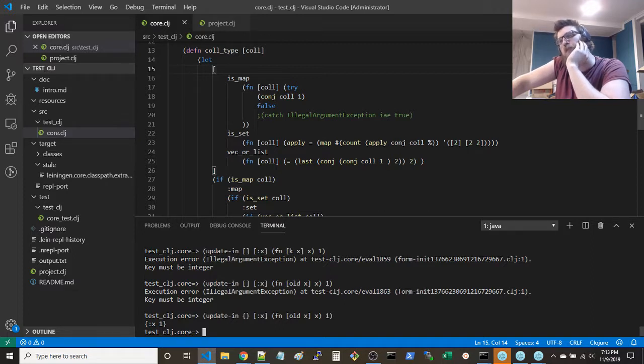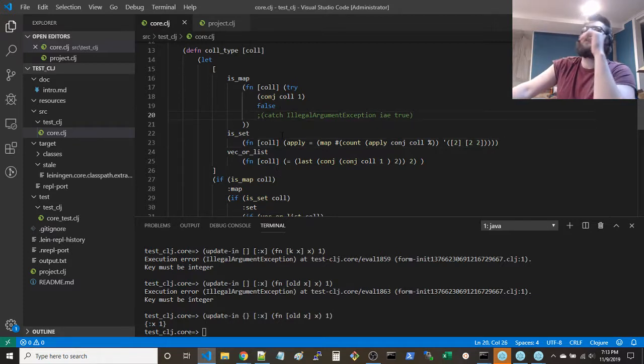This catch would be so good here. Oh, can't use it.